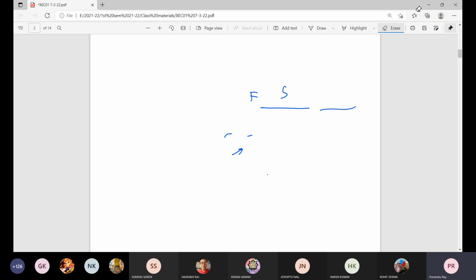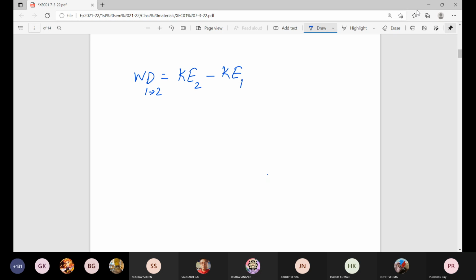Or sometimes you will find these expressions written in the form of: net work done is equal to the change in kinetic energy. Work done from position 1 to position 2 is the difference in the kinetic energy for the final and initial configuration. Either in that way, or sometimes we write the initial kinetic energy, that is equal to work done from changing its configuration from 1 to 2 plus